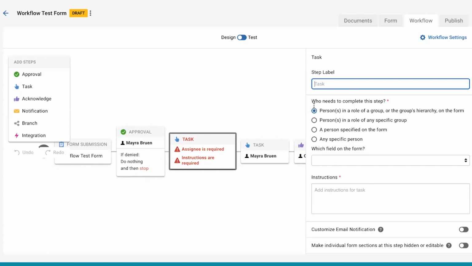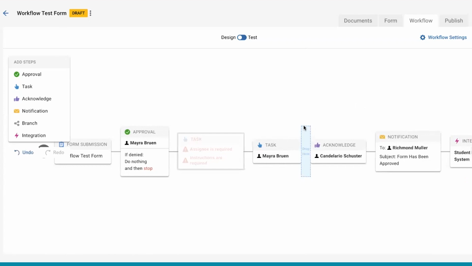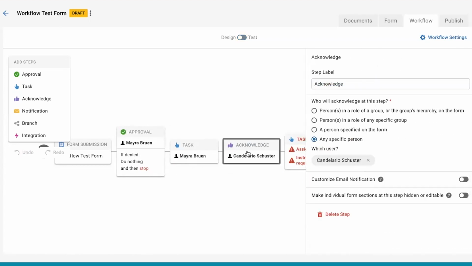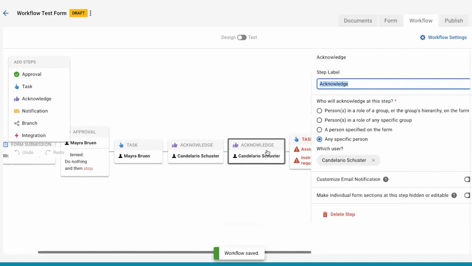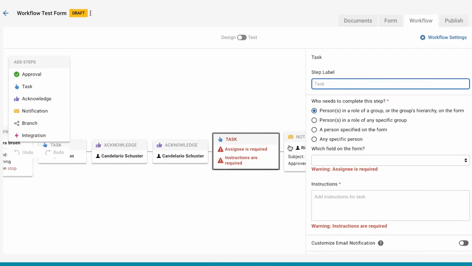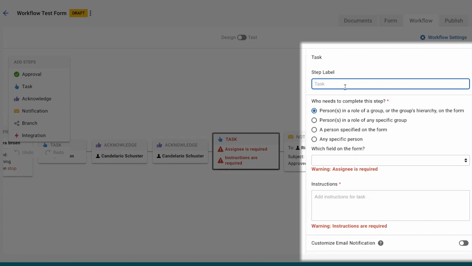If you would like to move the step to a different place in the form, click and hold the step to drag and drop it to a new location. Workflow steps may also be copied and pasted by double-clicking on the step, pressing Ctrl-C or Command-C for Mac, then pressing Ctrl-V or Command-V. Once you place the step in the form, the right panel will show configuration options to